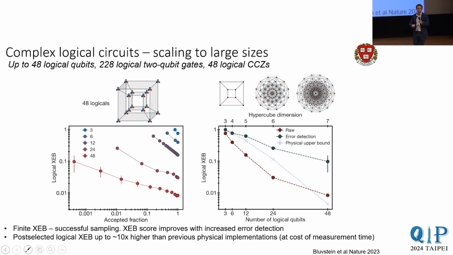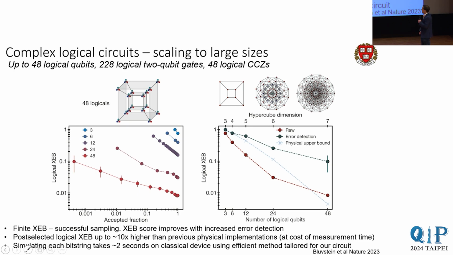So there's trade-offs. Sampling is a kind of problem where you actually cannot do anything to improve your score. So the fact that you can wait longer and get a higher score is a very interesting trade-off, and it's an interesting application of using error correction for near-term algorithms. It's also significantly higher than in our system when we tried doing this algorithm with physical qubits. Plotted on the right is an upper bound of how good our physical qubit can be, and the error detection is quite a bit higher than that.